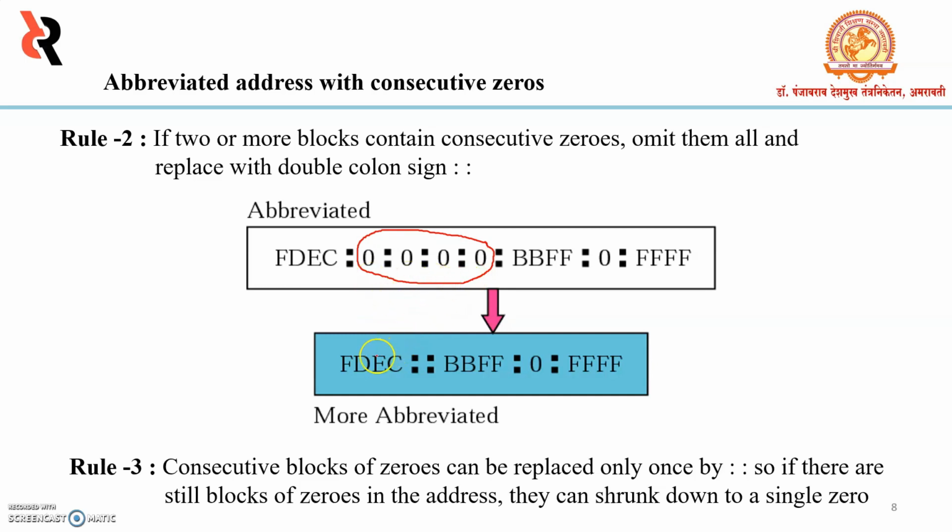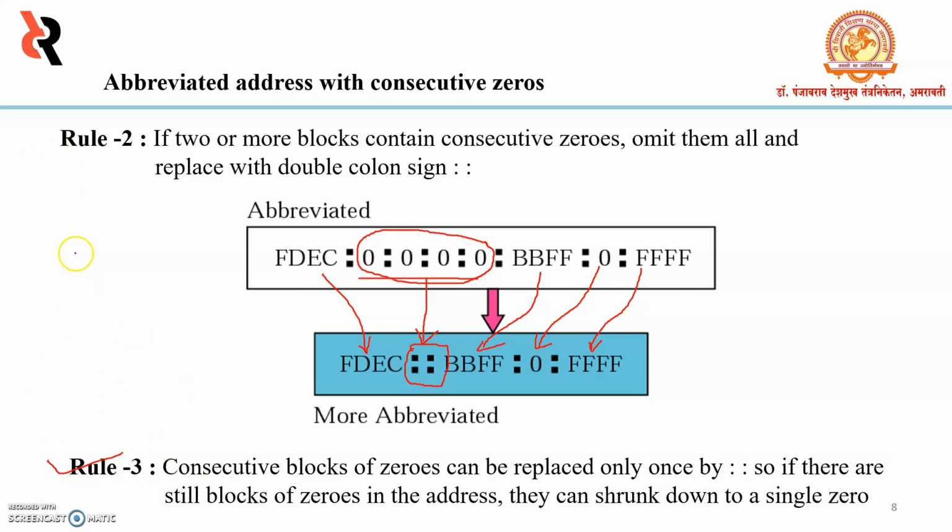Now this is rendered as FDEC, then two colons, double colons are there, and we omit all the zeros here. No need to write 0, but instead, where consecutive zeros are there, we have to write double colon here, and the next hex state is as it is, and here also 0 as it is, and this is as it is. We can also apply the third rule,